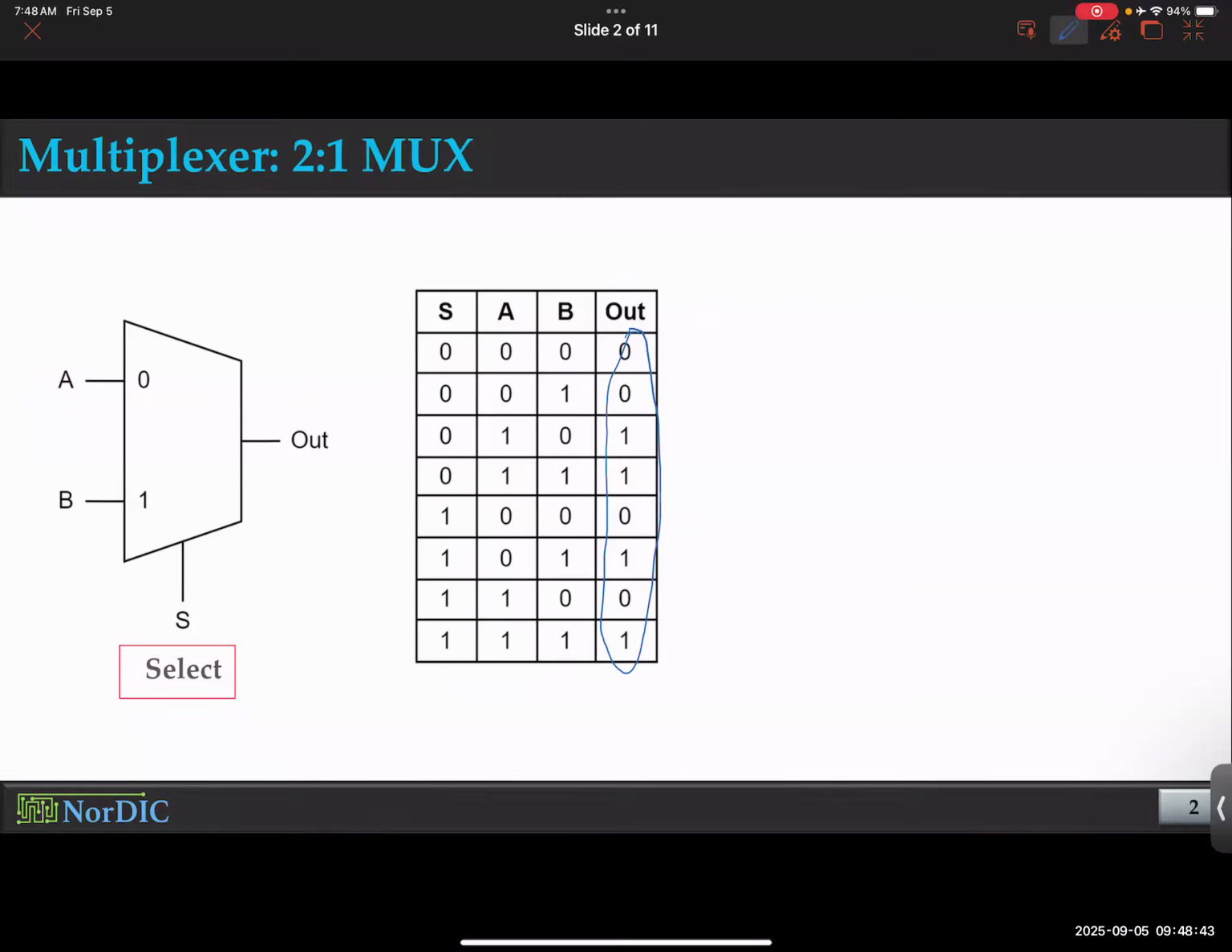I hope that makes sense to you. And just take a look at the truth table, and always take a truth table and try to make sense of it by yourself, and it will help a lot. Okay, so notice